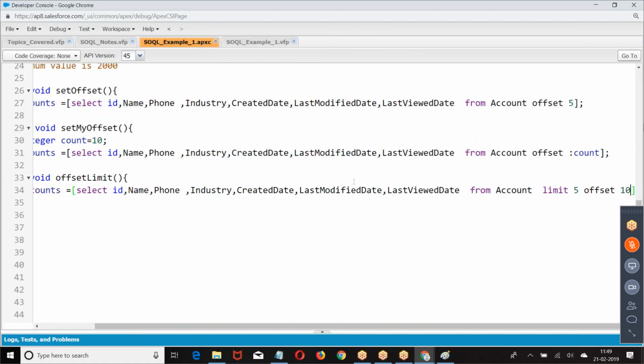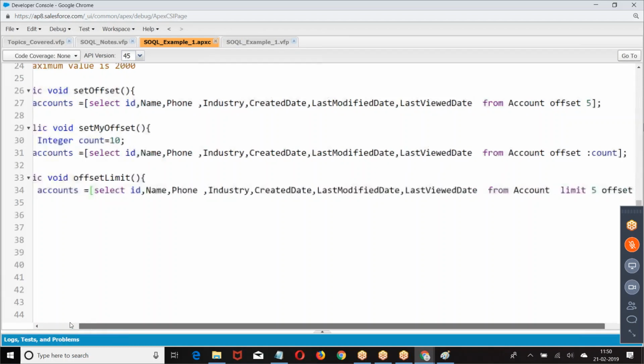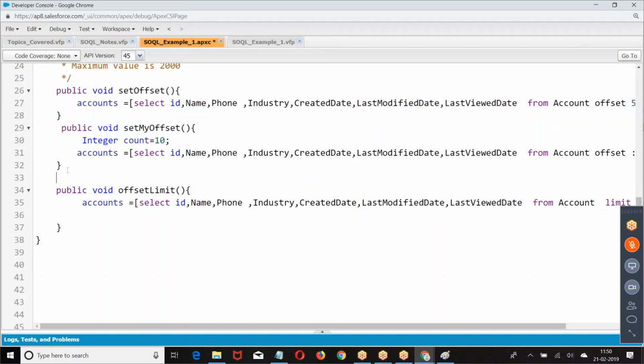Look at this. You cannot write the order in whatever way you want. It was supposed to be limit followed by offset. If you want to take a combination of limit and offset together, limit should be followed by offset.